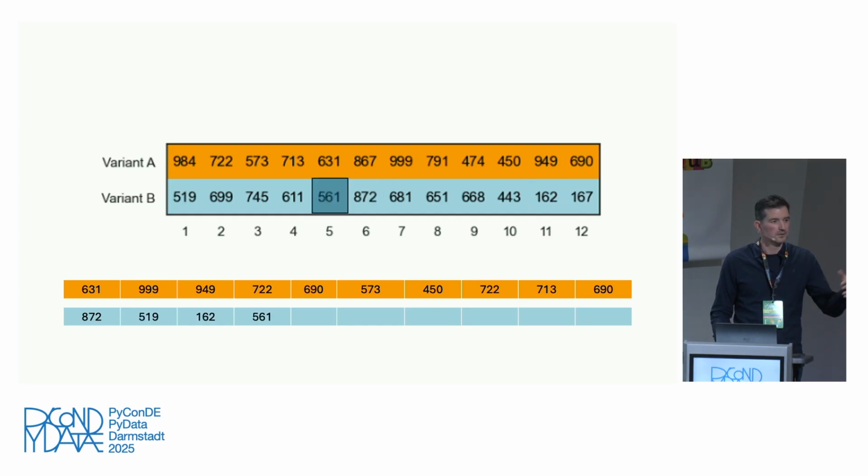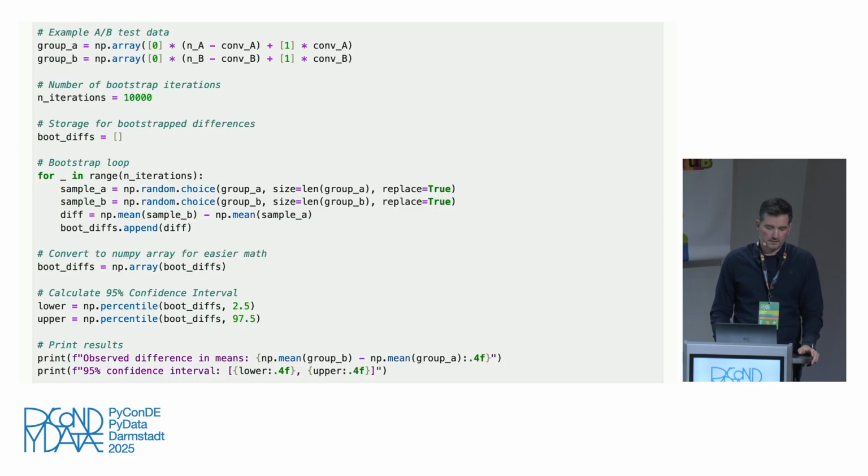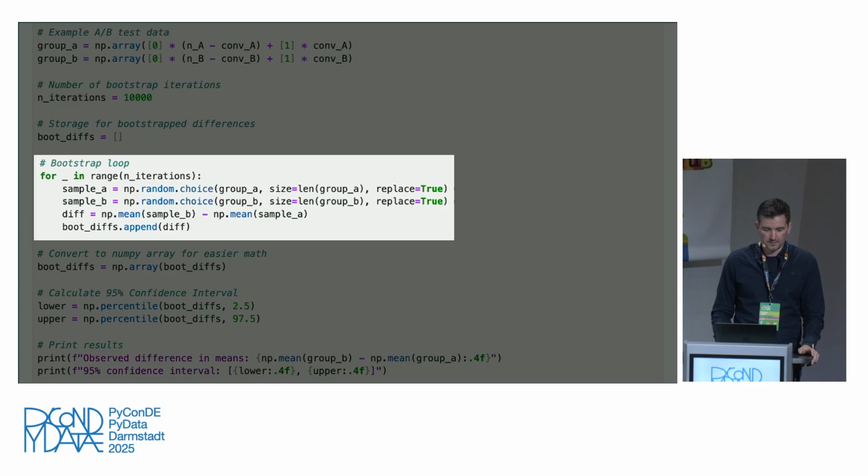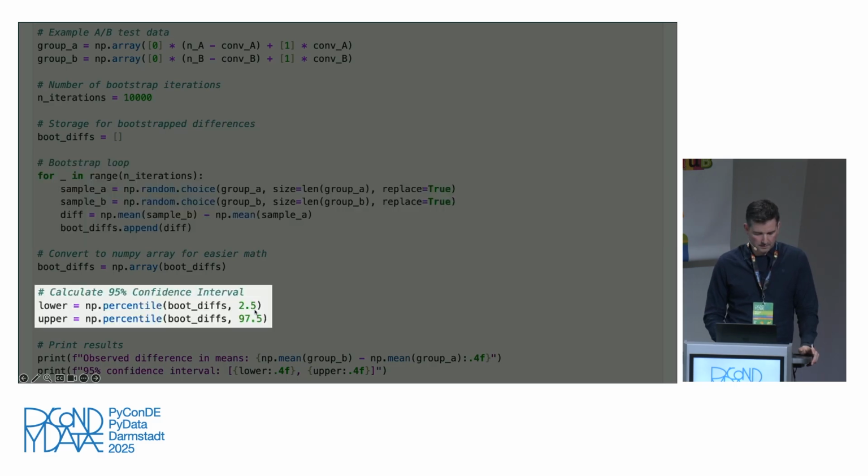This time you don't shuffle. You just select and select and select. And you see the same thing, right? You can do this with random numbers and iterations. In this case, I used choice just to take a group size, and I put in replace true, so just to put it back. Then I take the mean of sample B minus sample A, and I just append it. And then I take the percentiles, which is basically I cut 2.5% of the histogram and the other 2.5% from the other direction.